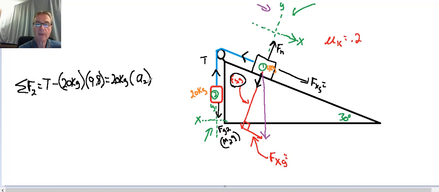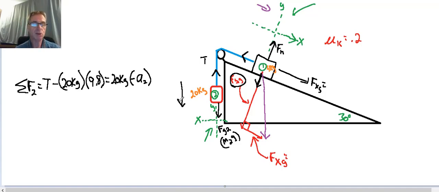Now, which way is block 2 going to be moving? Will it be moving up or will it be moving down? Well, common sense in this case tells us that it's going to be moving down because it is much more massive than block 1, and it has the full force of gravity acting on it. Since we're assuming it's going in the downward direction, I've got to put a negative in front of A2 here, because it's going to be accelerating in that direction. So this is my equation for block